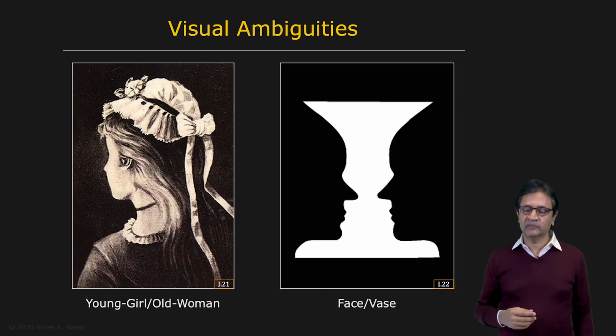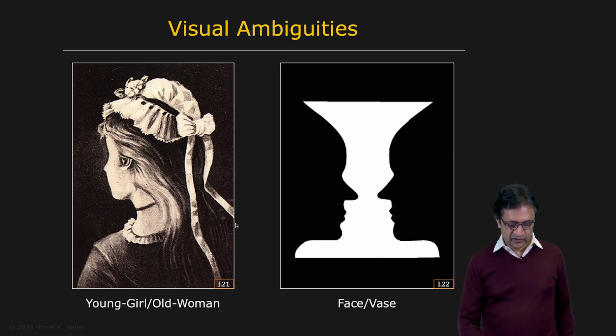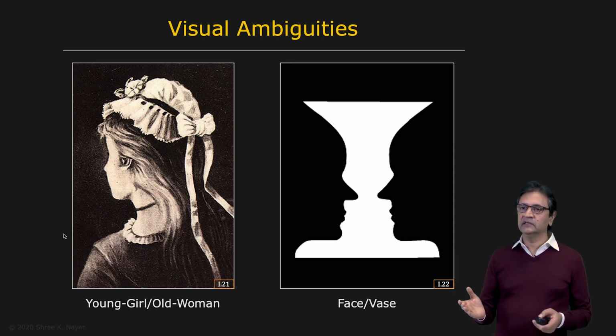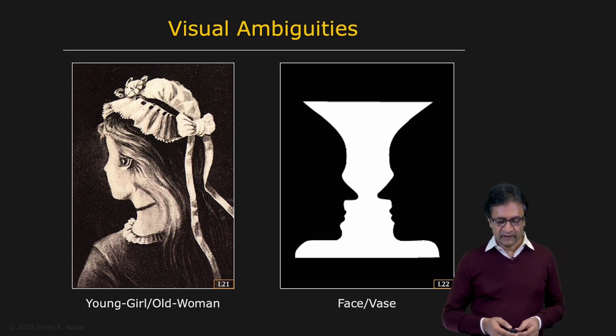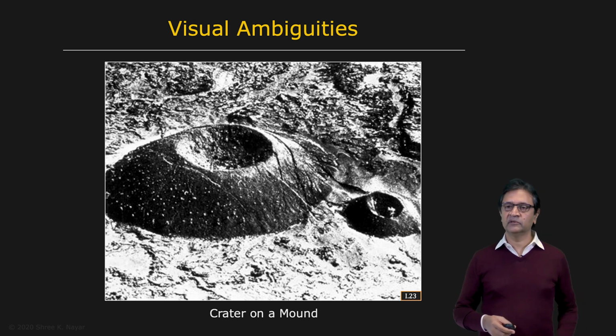And there are higher levels of ambiguity. In this case on the left here, you could see perhaps a young girl turned away substantially. There's the nose of the girl, say for instance, and this could be her necklace. Or it could be an old woman's profile with a very large nose right here and perhaps the mouth here. It's a matter of perspective, I guess. And on the right, this could be two faces looking at each other, the silhouettes of two faces, or it could be a vase.